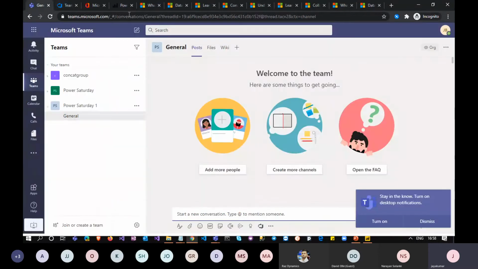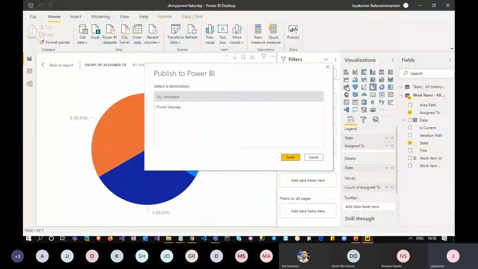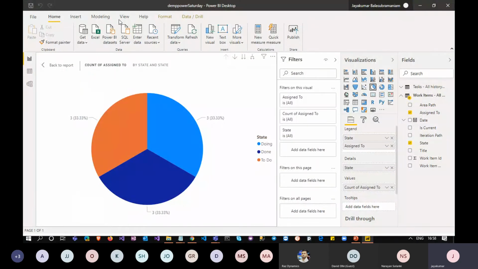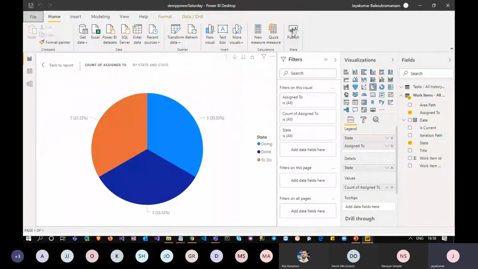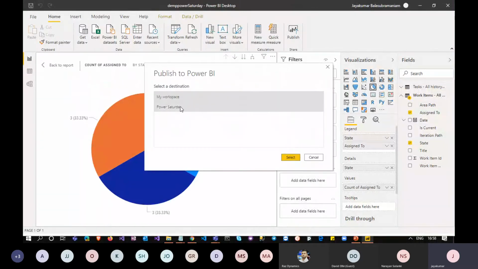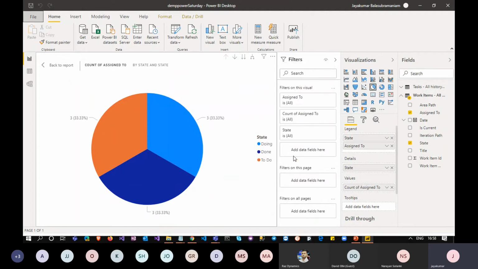So once I create a team, it will be available here. I think it should be available here as well, but I guess it takes some time to reflect in this desktop version. That's okay. For now, let's deploy it. I just want to show you our team workspace will also be available here. I'm just going to select this and deploy it.